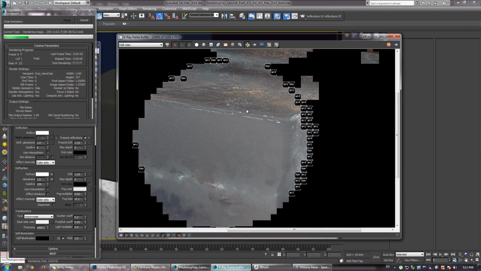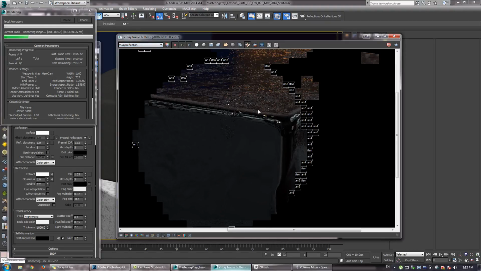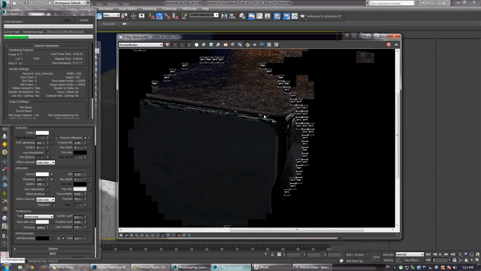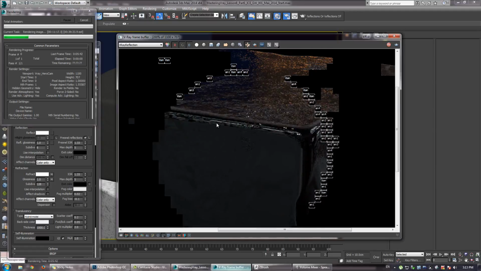But one thing that I am missing here is the reflection glossiness. So if we go to the reflection pass, now that it's really high res, I'm noticing that it's just too shiny everywhere, and we need to adjust that. Now technically I could use the same map